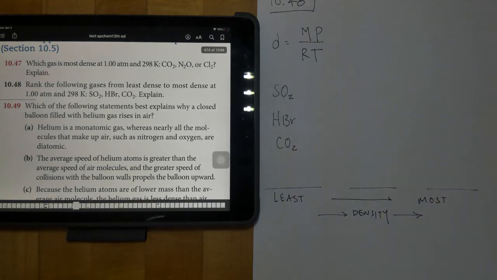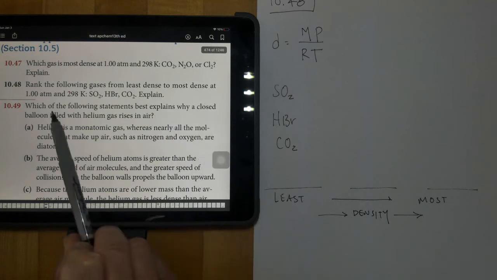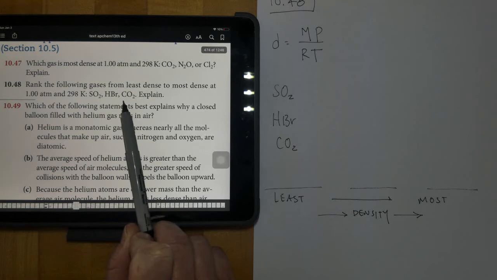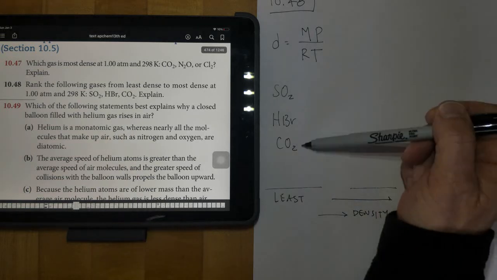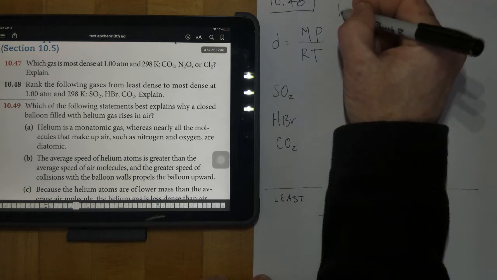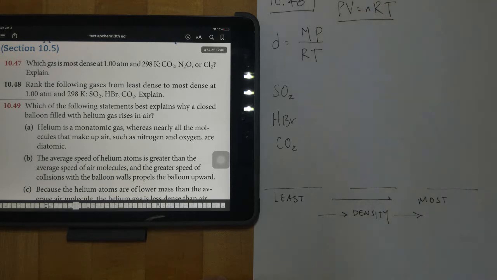So this is number 48 from chapter 10, and it says rank the following gases from least dense to most dense at 1 atmosphere, 298 Kelvin. And then they give us 3 gases right here. So I've got these gases written out right here. And then if you've been following along with our use of the PV equals nRT ideal gas law equation, you